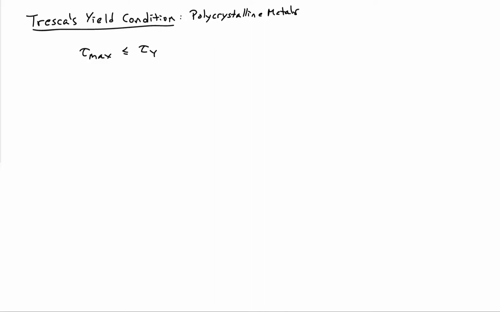The first multi-axial failure criteria I'd like to discuss is Tresca's yield condition, and this is a condition that's useful for polycrystalline metals. And the criteria is rather simple. It simply says that the maximum shear stress has to be less than or equal to the shear stress in yield. And what's important to recognize in Tresca's criteria is that we are talking about the overall maximum shear stress,